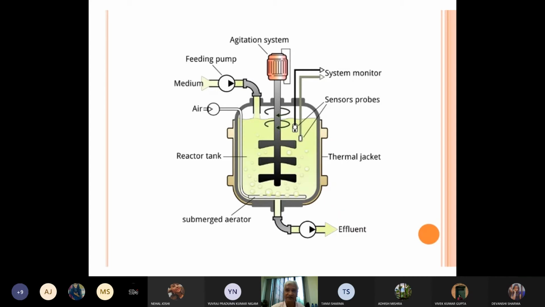If you ask me, between fungus, streptomyces and bacterial fermentation, fungal fermentation at a commercial level is the highest. So you understand what will happen. There will be mycelium growing around, and it will keep on increasing. That is why light-based sensors, UV-based sensors, or even IR-based sensors are not really that successful.